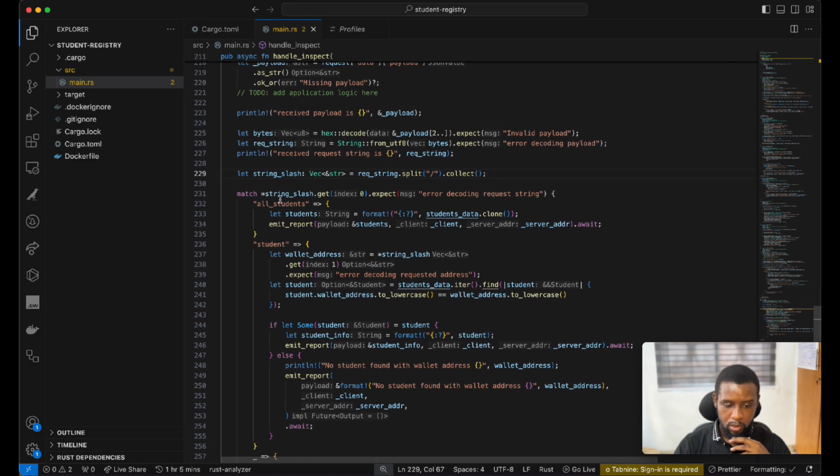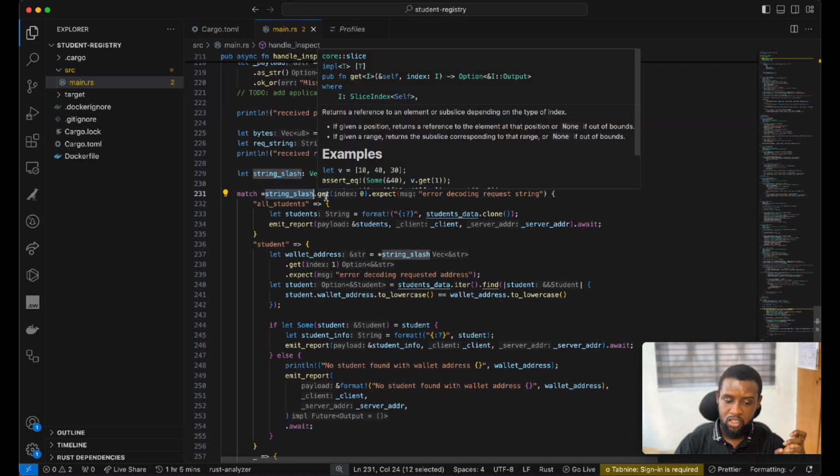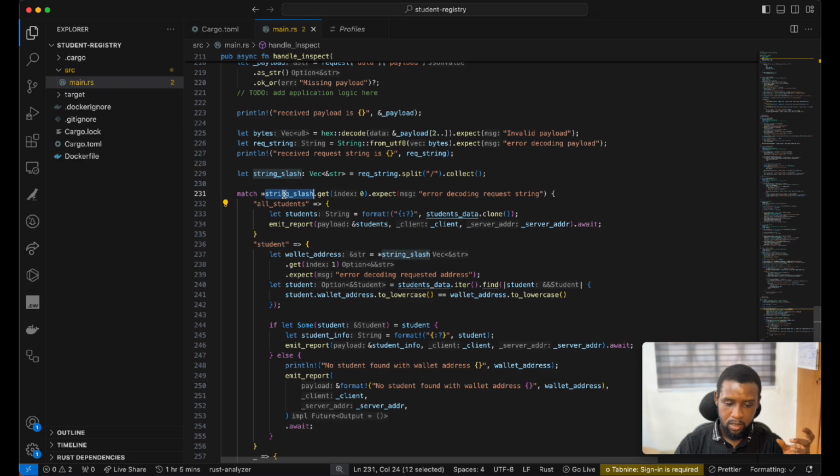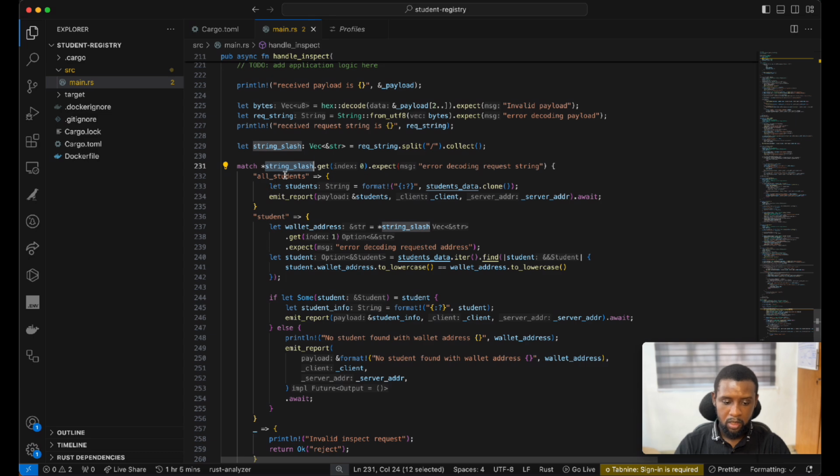The next thing we are doing is matching on the split string at index 0, that is the first one, which is expected to be the method. So if that method is all students, that means you want to fetch all the students. What we are doing is formatting, converting the entire student data vector into a string, outputting it, then sending it out to you